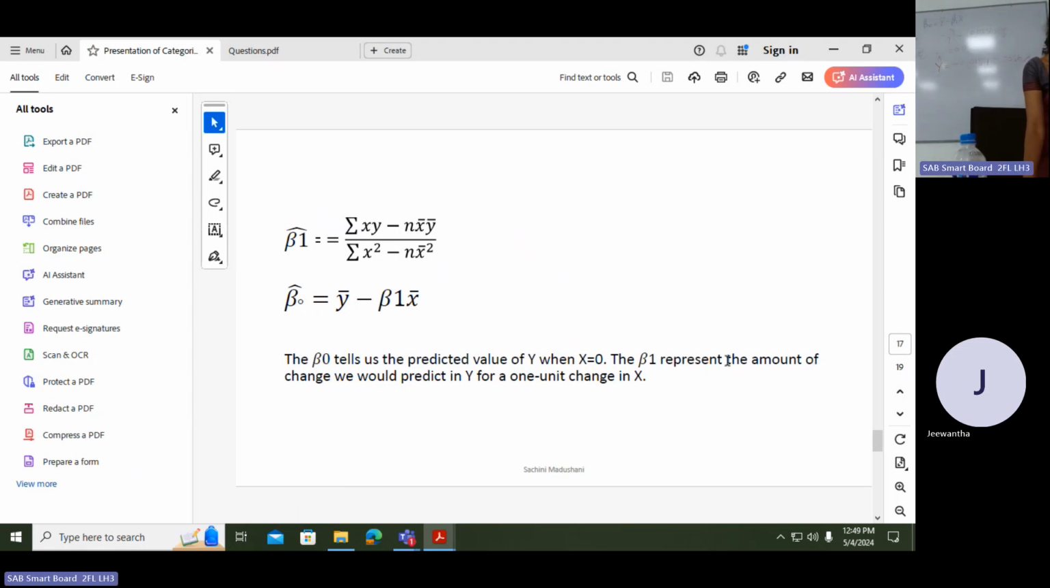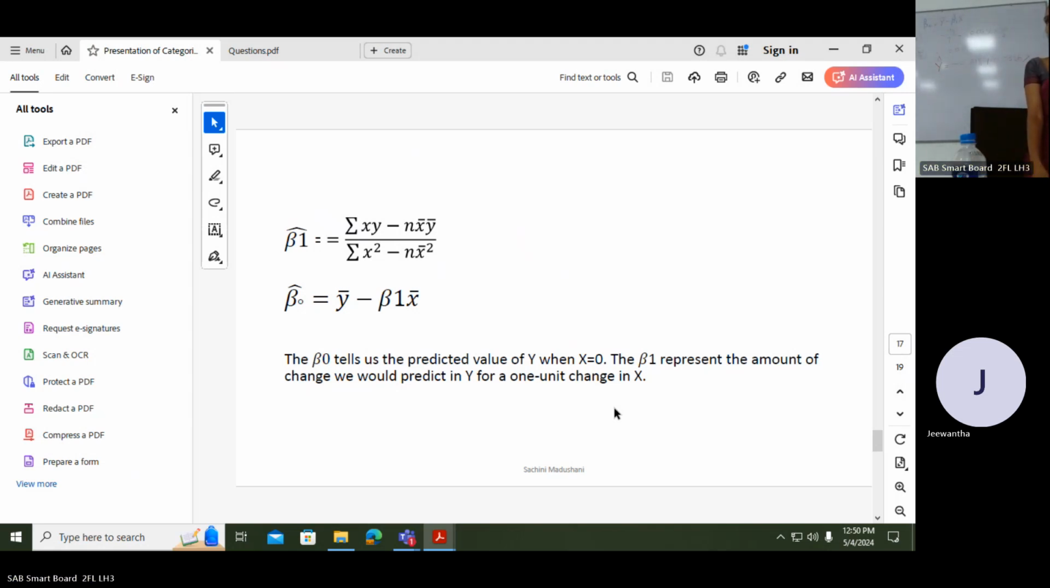Beta 1 represents the amount of change we would predict in Y for a 1 unit change in X. Then what happened when there is a 1 unit change in X? Then the Y value also increases. How much? 35,600. It means our sales revenue will be increased by 1 rupee. Then what happened to our profit? Profit also increased by